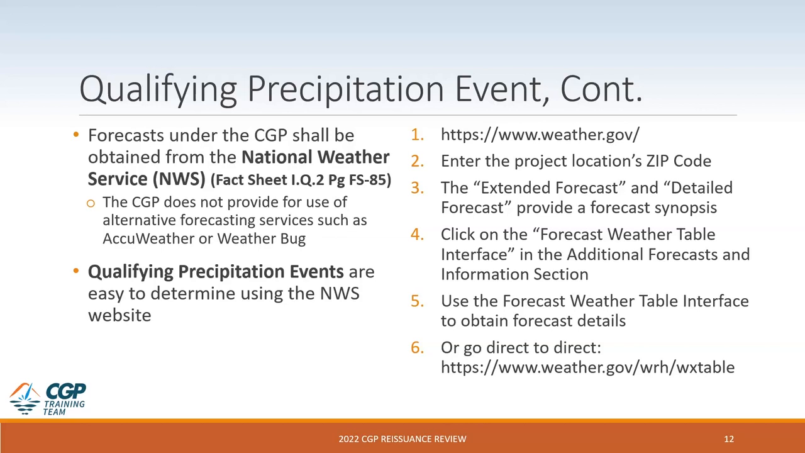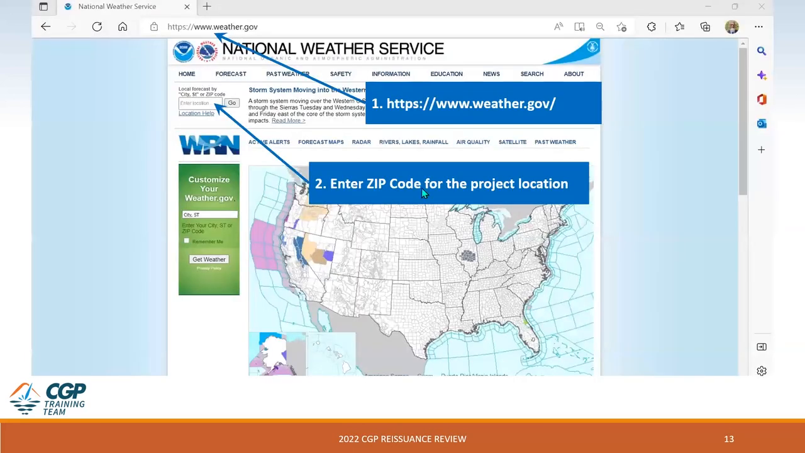I've outlined the 6 steps of going through and determining a qualifying precipitation event, but I think the best way will be just to give you an example and actually go to the website and take a look. So the first thing you do is go to your web browser and type in the weather.gov URL, and it brings up the page that you see here, and you enter the zip code for your project location. Once you've entered your zip code, you hit go,